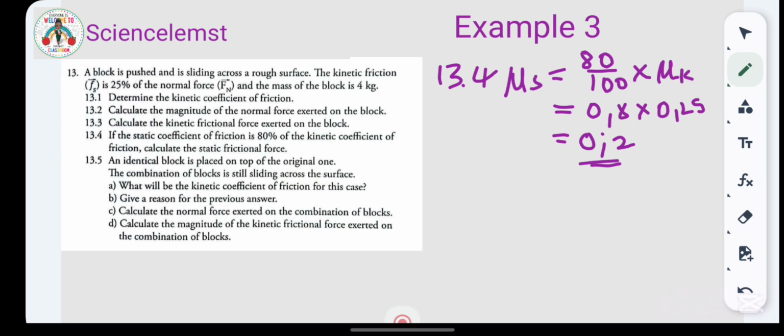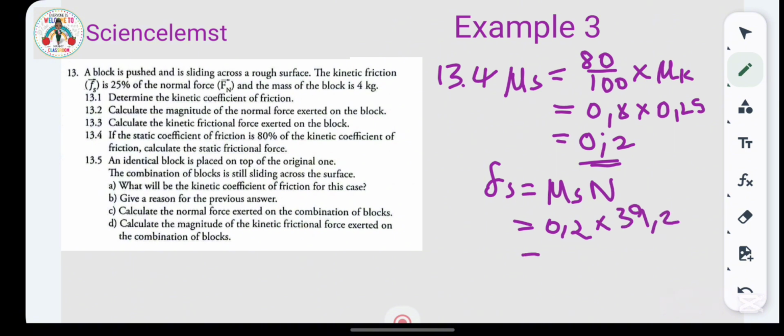And now they want us to calculate the static frictional force, which is Fs is equal to US multiplied by the normal force. US is 0.2 multiplied by the normal force. The normal force was 39.2. So the final answer will be